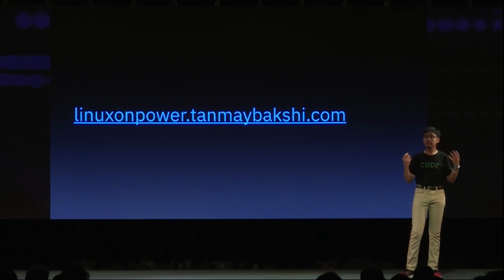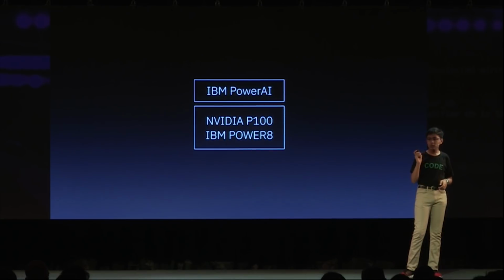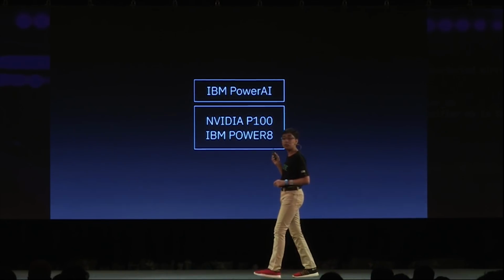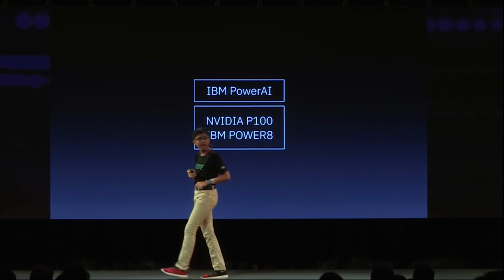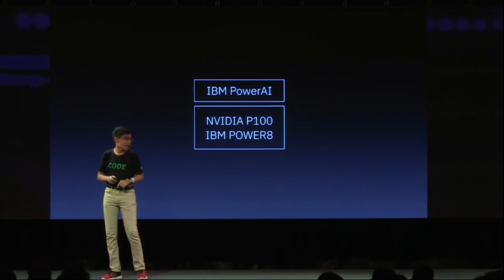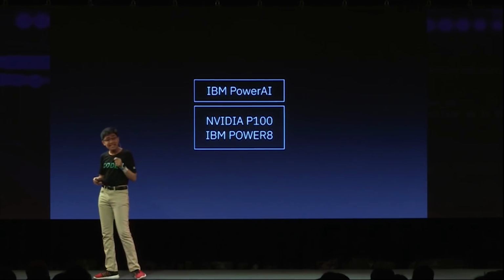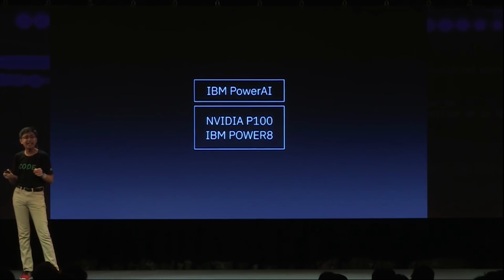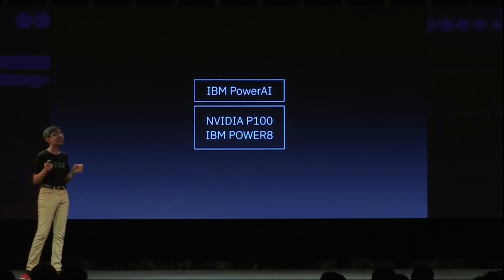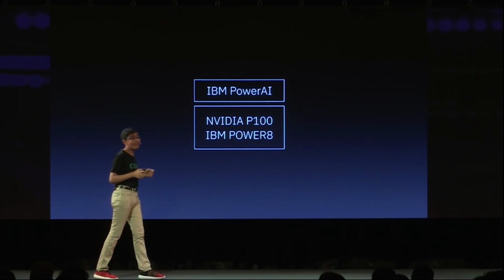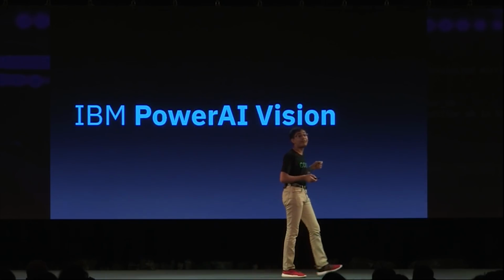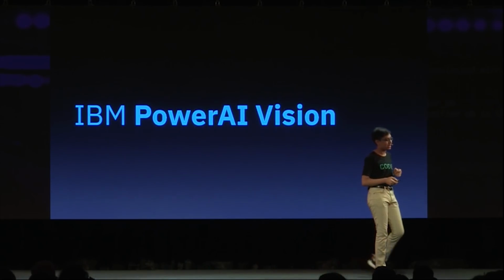But again, getting back to the IBM Code Patterns, this was the bare bone that was actually powering and allowing us to use the code pattern. It's the IBM Power AI which provides us the Tesla P100 and Power 8 CPU to work with. But Power AI itself isn't limited to just bare metal servers that you as a developer are provided to build your applications. There's a lot more than just that. In fact, there's also a tool by IBM Power AI called Power AI Vision, which I am very interested in.